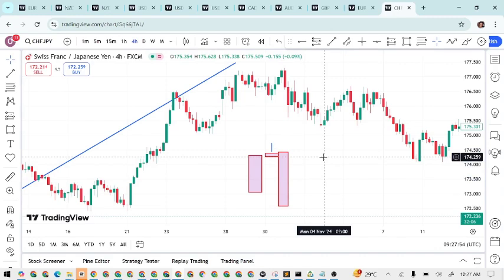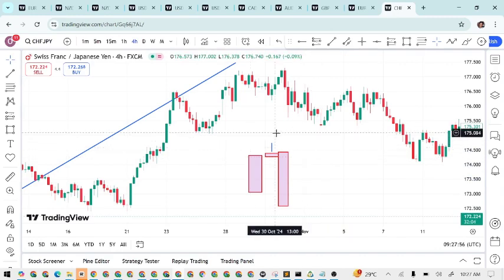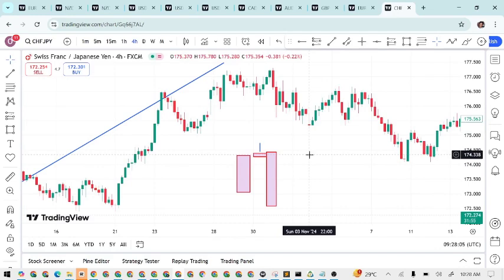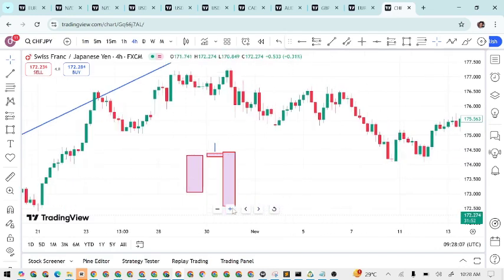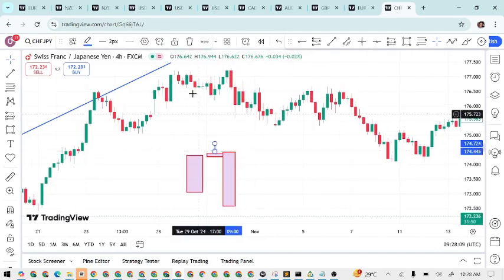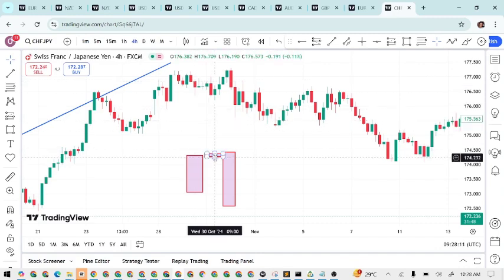I would say try to ignore any formation like this. Although this is a nice reversal formation, I prefer my engulfing candle